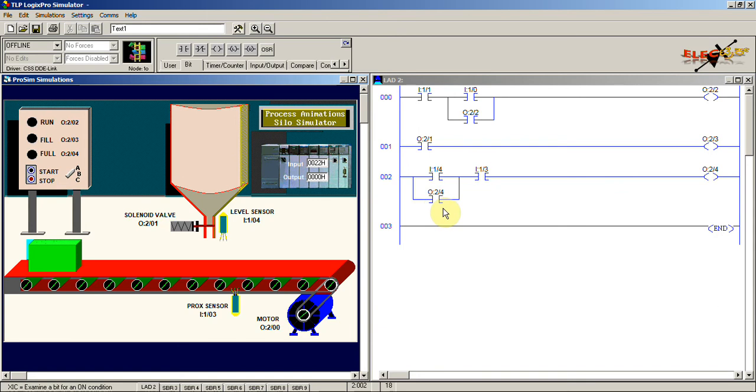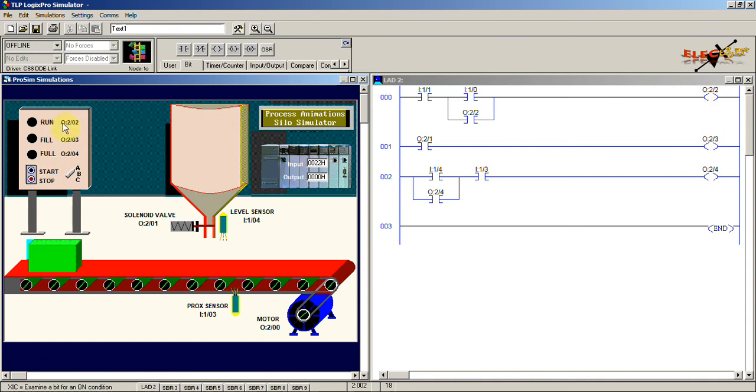And after that we will go for the process control, where we need to control this motor and also this solenoid valve. So first I'll write the program for this motor. When should this motor be operated? Once the run or the start button is pressed, at that time this run will be activated.